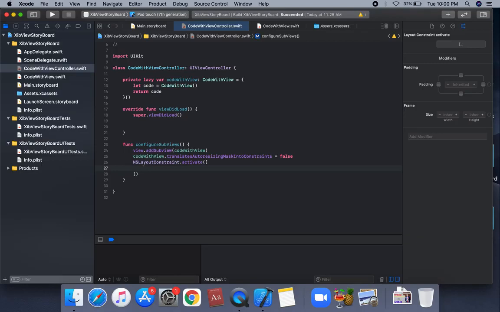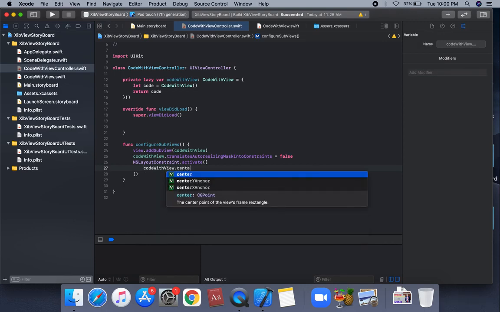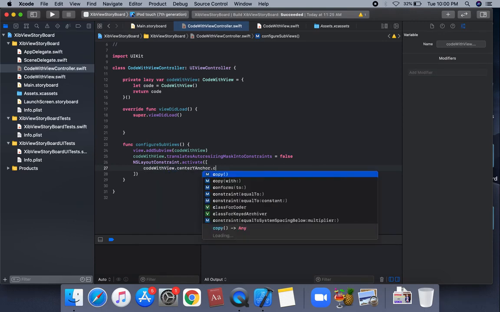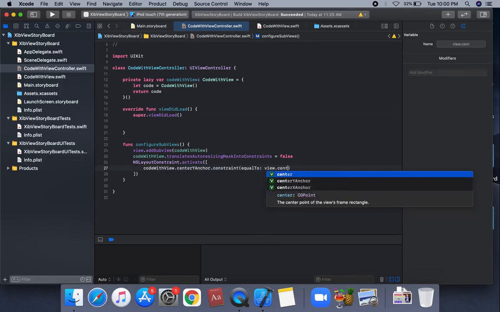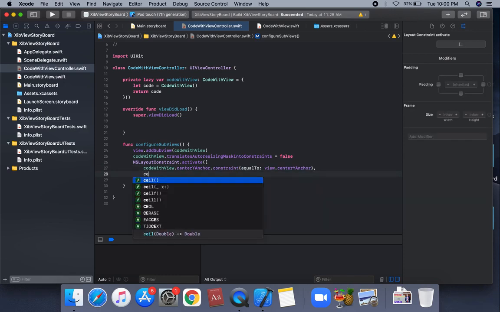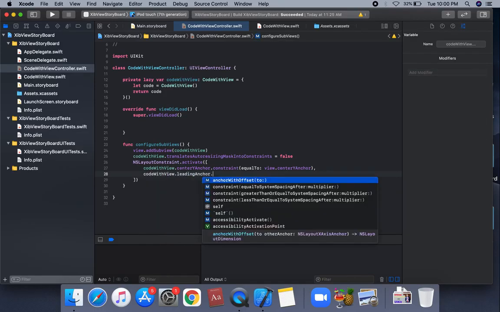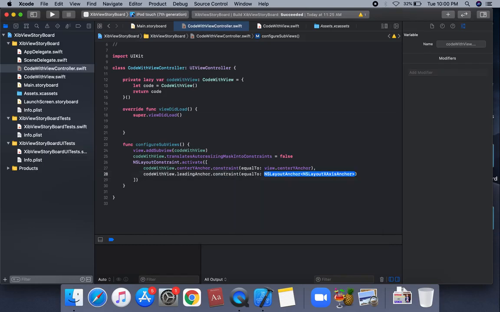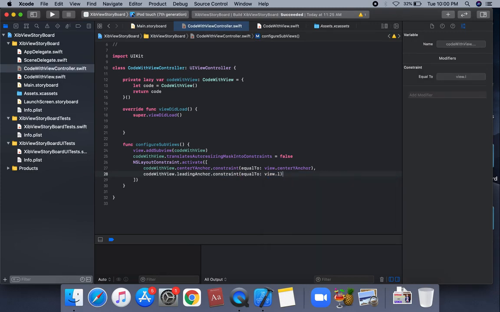So suppose codeWithView.centerYAnchor.constraint equal to view.centerYAnchor. We're gonna apply this constraint, view center. We're gonna apply this left and leading and trailing. So codeWithView.leadingAnchor.constraint equal to view.leadingAnchor.